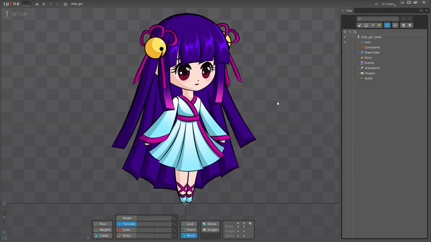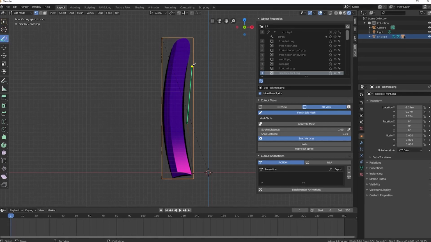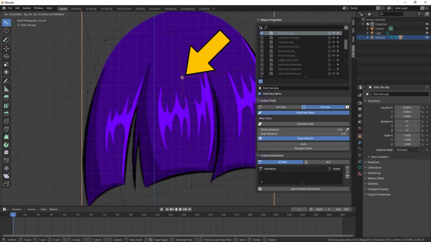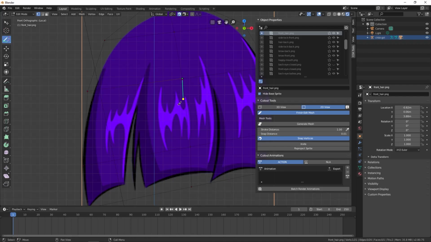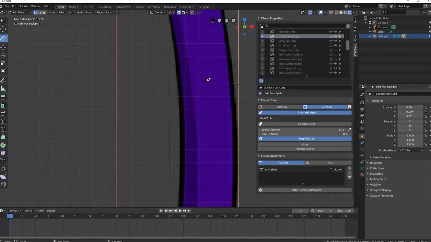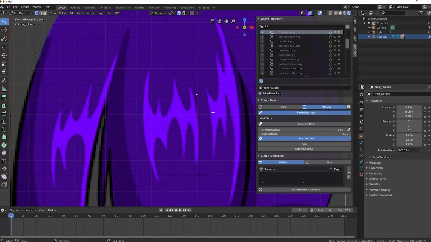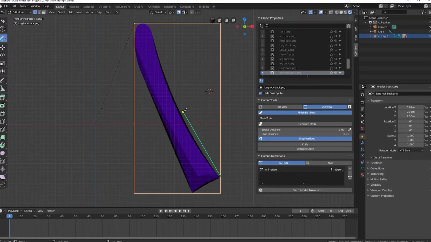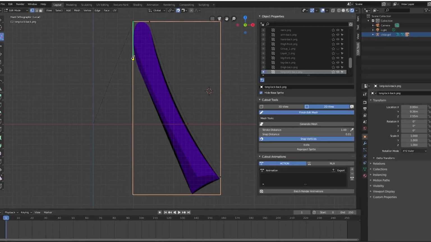Next, once the character has been imported, we can proceed to the mesh creation. Frankly, it took me a while to get used to this process in Blender, and I've encountered some issues along the way. For example, I've noticed that if I move the vertices of a mesh and then try to connect between them, I could get duplicates, and this is a problem. Sorry for getting into the technical stuff right from the start, but this is important. Usually, you'd want to avoid having unnecessary vertices, since they might affect the game performance. It took me a few tries, but finally I found the optimal set of actions that works pretty well.